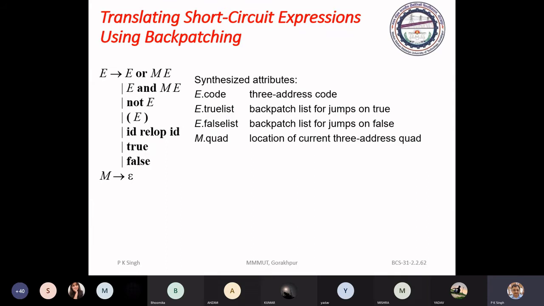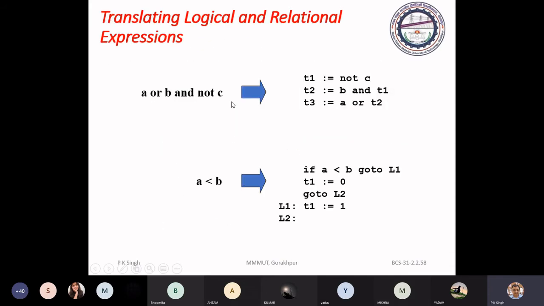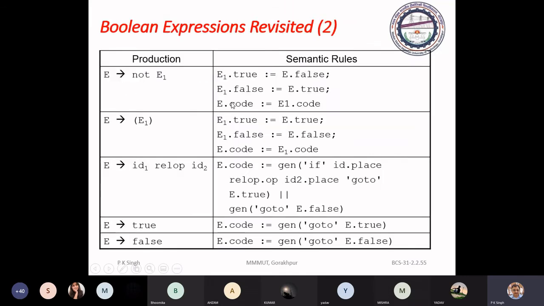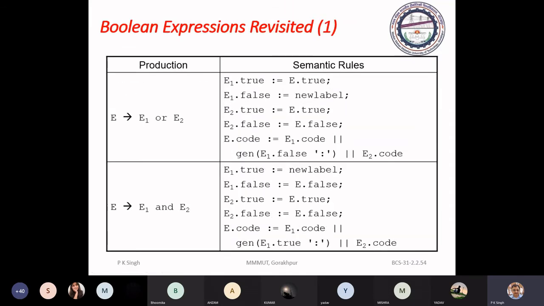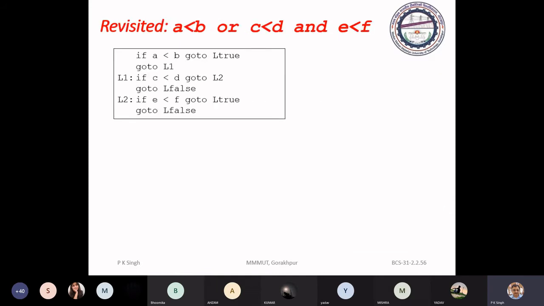In that case, you just come back here. Here, when you are writing goto L1, L1 is not known.